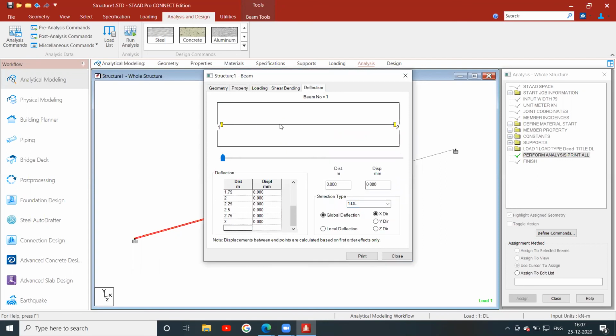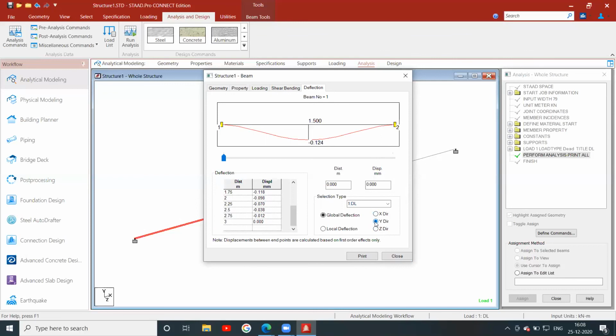Next is deflection. Select the load case, deflection in the y direction. If we select the y direction, the deflection is like this. X direction will not be there, Z also will not be there. The deflection will be only in the y direction.